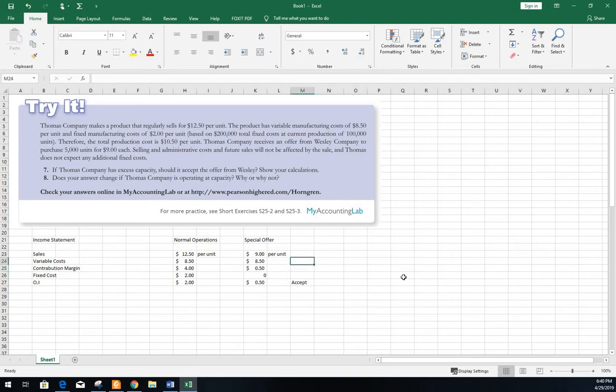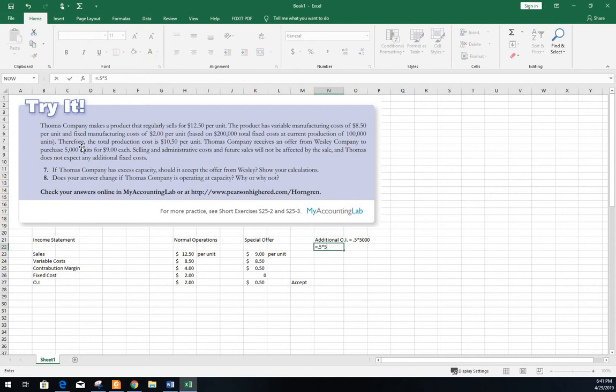Okay. Now, if you wanted to calculate the total amount of cost, that's the total amount that we're going to contribute, you can simply do the calculation like this. You take the 50 cents, so additional operating income under the special scenario would be the 50 cents contribution margin for each unit times the number of units we're going to make, and they want us to make 5,000 units under the special offer, and that would equal